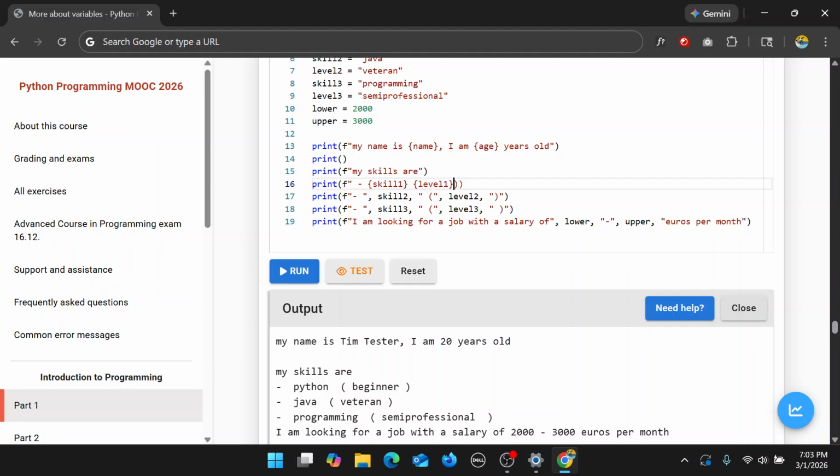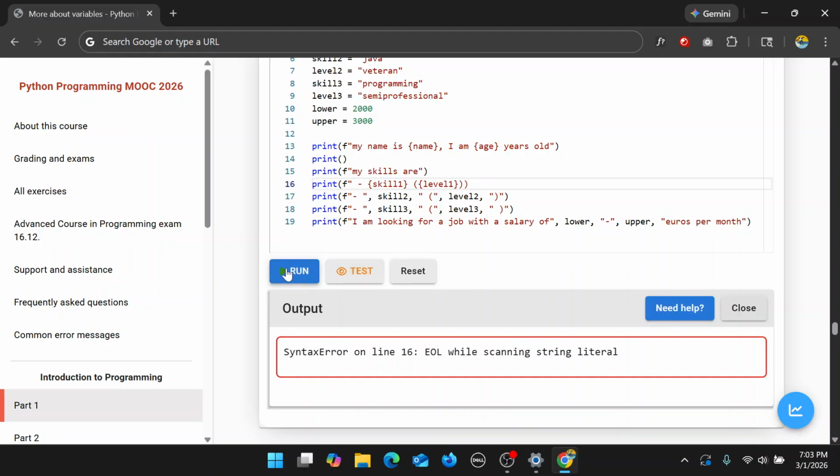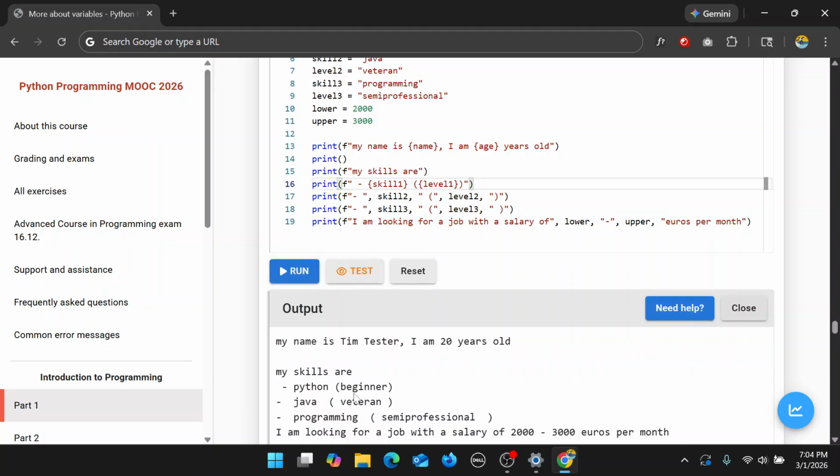And we surround this in quote and parentheses. If we run, we have an error here because we're missing a closing parentheses. There we go. So Python beginner,